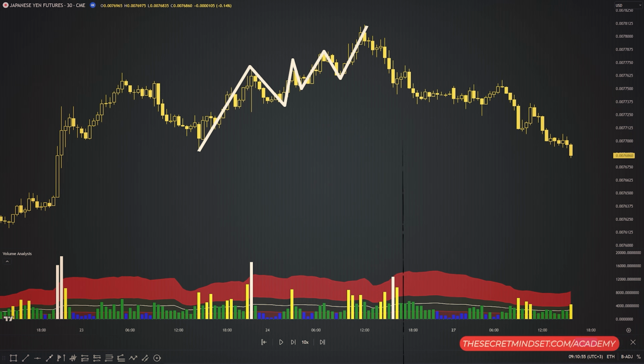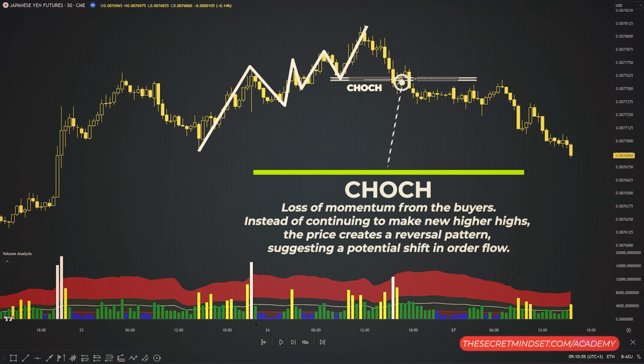Conversely, in an uptrend, with higher highs and higher lows, when a price breaks below a significant level, it forms a new lower low, indicating a potential trend reversal. From a price action perspective, this pattern indicates a loss of momentum from the buyers. Instead of continuing to make new higher highs, the price creates a reversal pattern, suggesting a potential shift in order flow. After a minor pullback, if the price continues to create lower lows and lower highs, it indicates a new